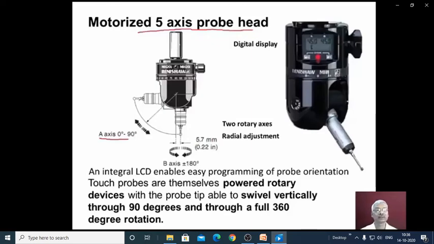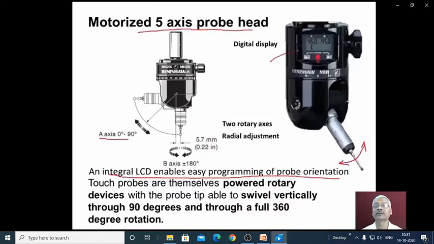So the stylus can be swiveled as shown here, and the stylus can rotate in plus 180 degree or minus 180 degree. Apart from that, a radial adjustment is also possible. There is an integral LCD display which enables easy programming of probe orientation. So depending upon the inspection requirement, the probe orientation can be adjusted.